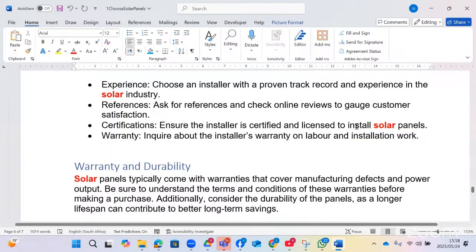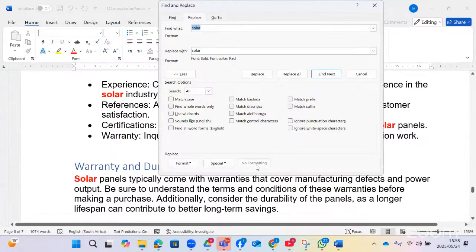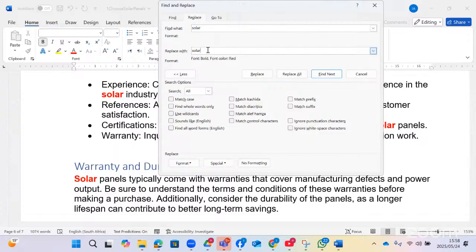Again, they can also ask you to find all the occurrences. Let's say I want to find all the occurrences of installer. So I go to replace. Then I click on no formatting to change everything. So find what? Installer. Replace with the same word installer. Now, when I go to more format